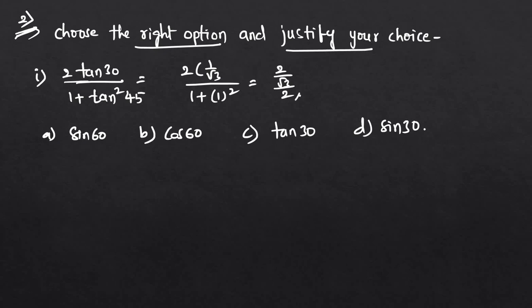Okay, divided by 2. So this will come here like this, and it will become what will come here? This is the numerator, so 2 by root 3 divided by 2. Okay, so this one will be there, and it will go to the numerator side, and it will become 2 by root 3 into 1 by 2 will come. So 2 and 2 will get cancelled, is equal to 1 by root 3. So 1 by root 3 is how much? Tan 30 value. So this is the answer of the given question here.